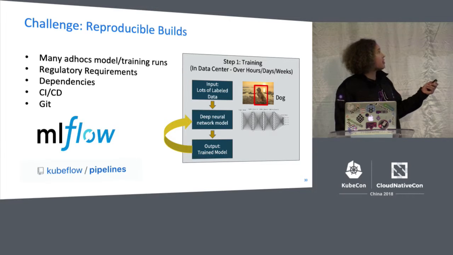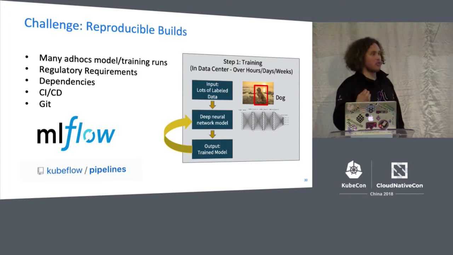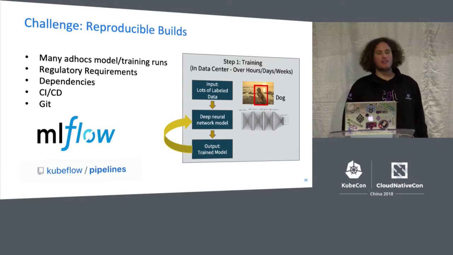The other aspect which I find really important here is again the continuous integration part, because it actually forces me to create a reproducible artifact. If the entire training process is being taken care of by my CI/CD pipeline, I actually have to create a reproducible artifact because otherwise it cannot be trained.